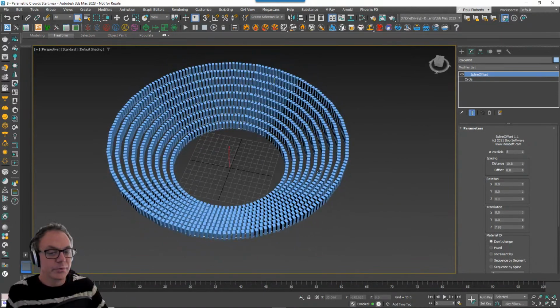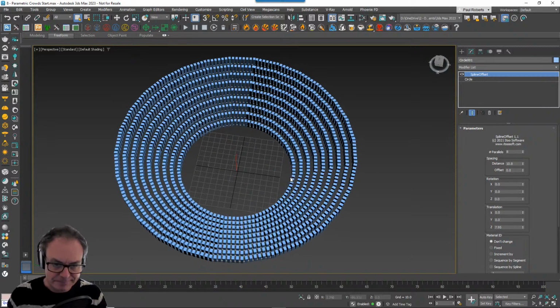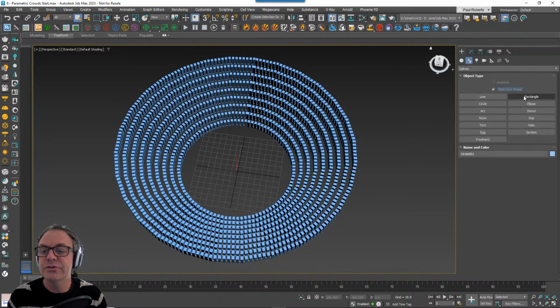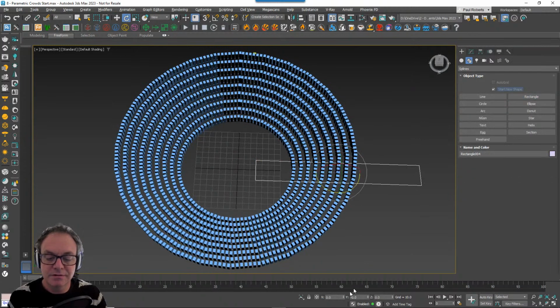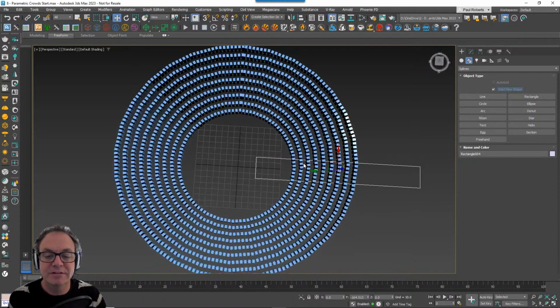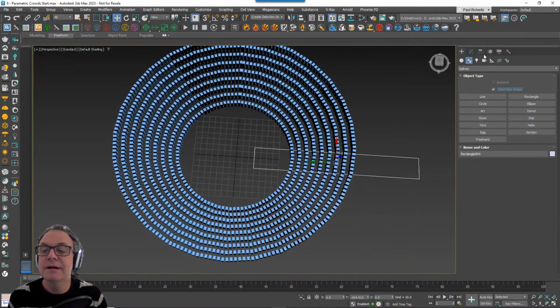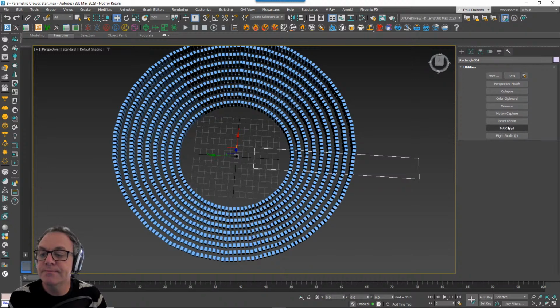So what we wanted to do is to create those gaps up here without necessarily having to go in and edit that spline, because once I start editing it and cutting bits out of it, I can't adjust it anymore. It's not so parametric. So what I thought was you could do it like this. We create a rectangle, and let's say this is the size that we want our access walkways to be. It's probably too big, but there you go. I then take the pivot point, set it to the center there, and reset the XForm.